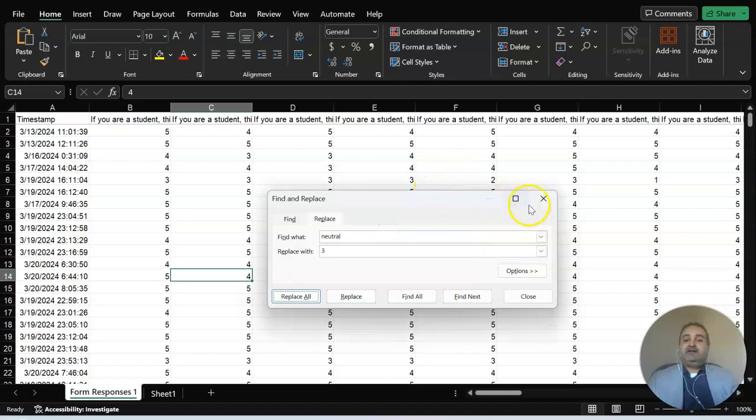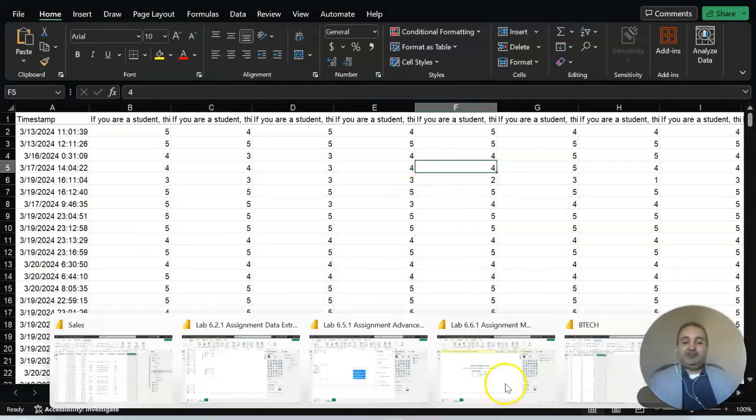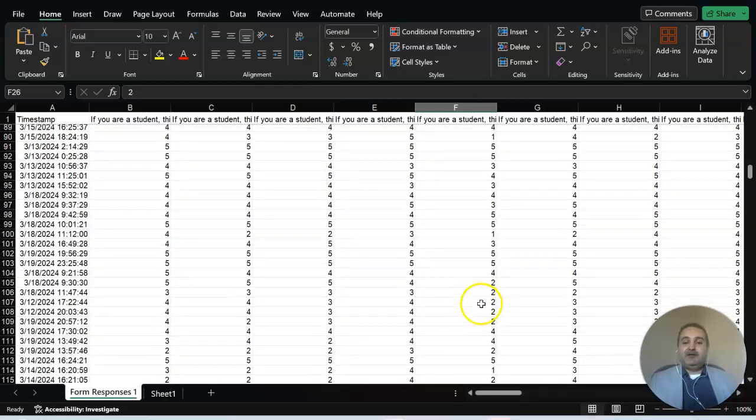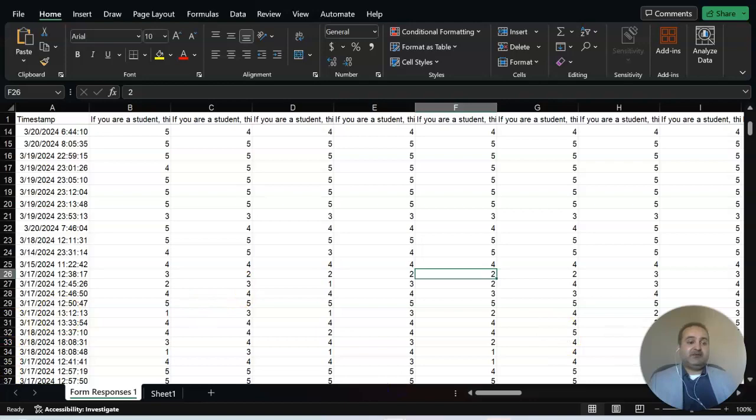So that's all that you need to know. I mean, hopefully that can help with coding. Now all of those numbers are ready for us, and then we can